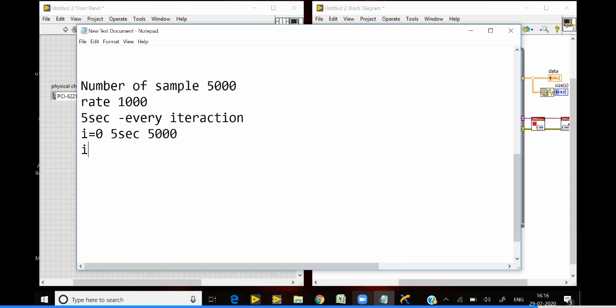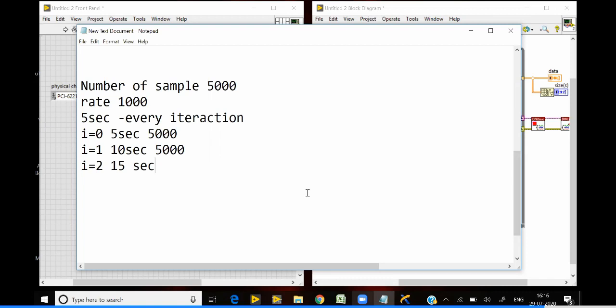At the second, i equal to 1, the elapsed time will be 10 seconds. Another 5 seconds it will take, so you will get another 5000. Now when i equal to 2, it will be 15 seconds. Now only the time will be elapsed.